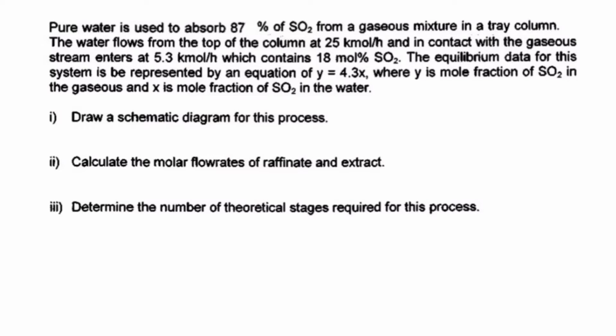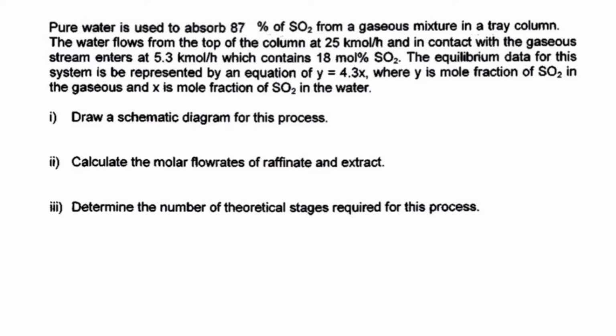Problem: pure water is used to absorb 87% of sulfur dioxide from a gaseous mixture in a tray column. The water flows from the top of the column at 25 kmol per hour and is in contact with the gaseous stream entering at 5.3 kmol per hour, which contains 18 mole% of sulfur dioxide. The equilibrium data for this system is to be represented by the equation y equal to 4.3x, where y is the mole fraction of SO2 in the gases and